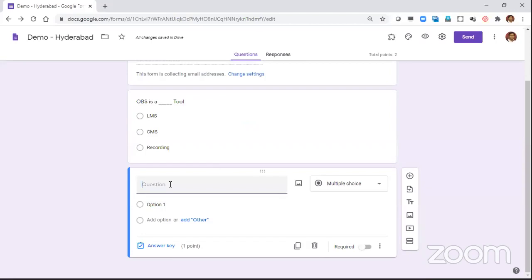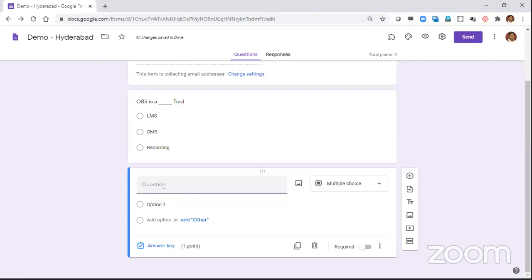So anything you can add, but since most of us were talking about math, right? Yesterday and day before yesterday, there were some queries. How do we work with math, equations and all of that? So for that, I'll just show you how we do it. If I cannot directly type in, let us say I want to type in x square plus 2x plus 2. I want them to solve that and then give me an answer. Or it could be integrals or it could be anything else. So little complex mathematics. So how do you put it?